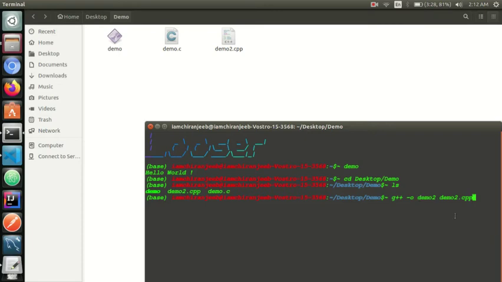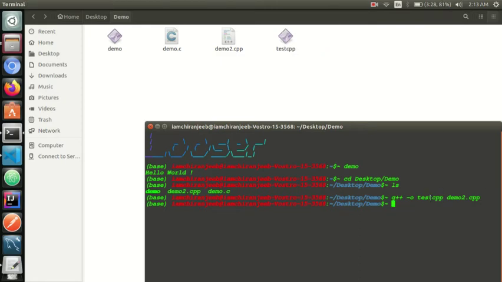Let's suppose I want to name the executable file test_cpp. My program file name is demo2.cpp. This will be our executable file name. So first of all, we'll see whether there is any error or not. So guys, there are no errors here, so we can run this program, and you can see a test_cpp file created here.